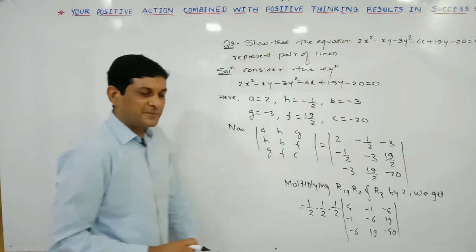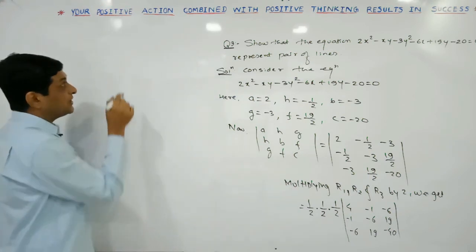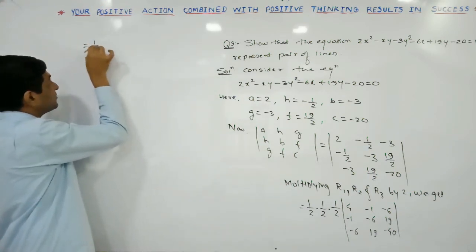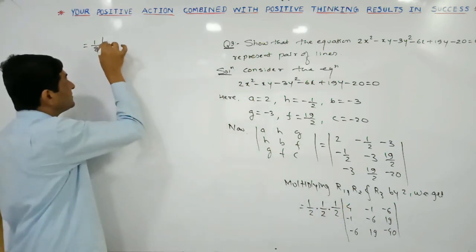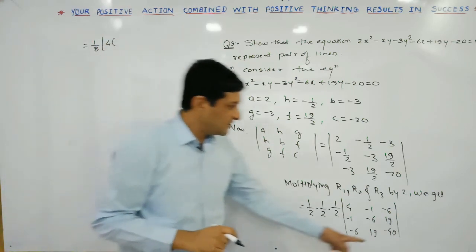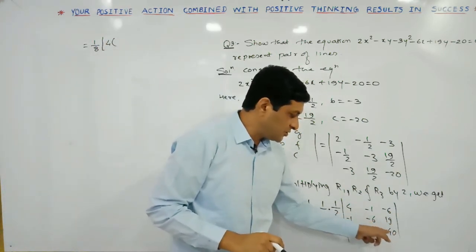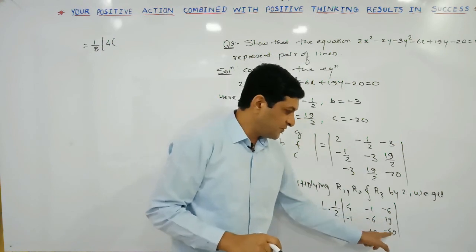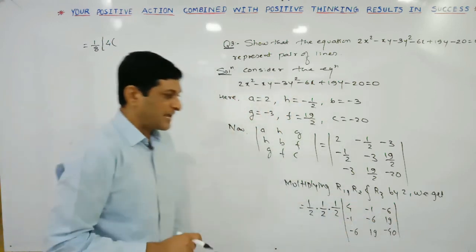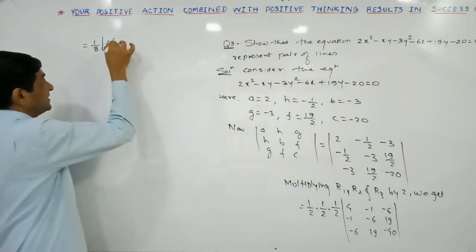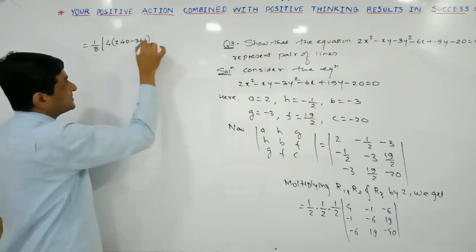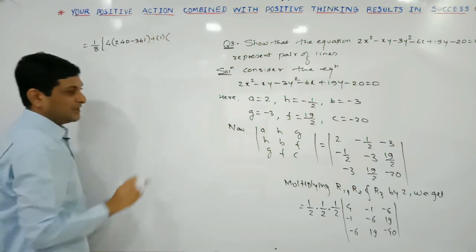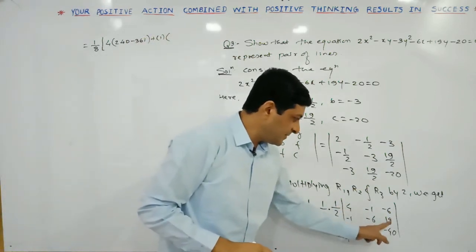Okay, now let us simplify this determinant. Here 1 by 2 into 1 by 2 into 1 by 2 can be written as 1 by 8. Now keep this 4 as it is, delete the first column and find the determinant of these elements. This product is 240. 6 4s are 24, and with 0 it means 240, minus 19 into 19 which becomes 361, so 240 minus 361. Minus 1 is there, so write down here plus 1 into. Now delete this column and find the determinant of these 4 elements.